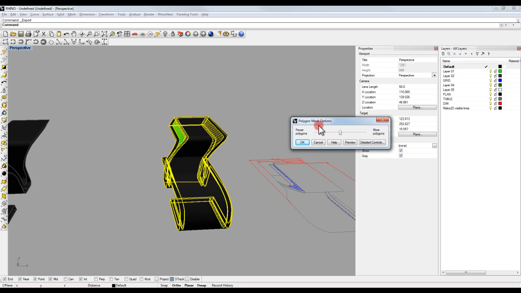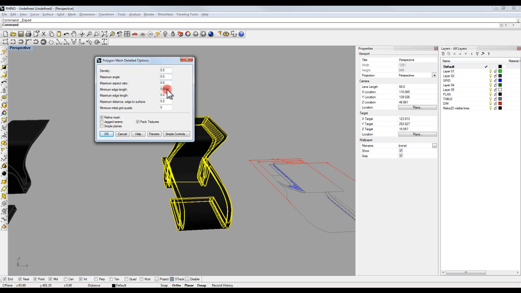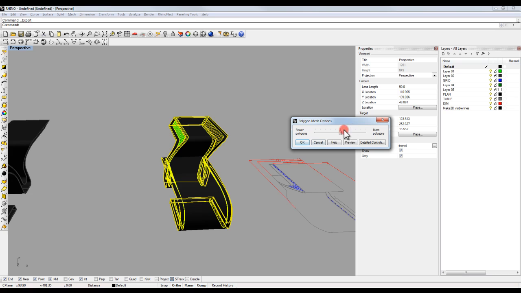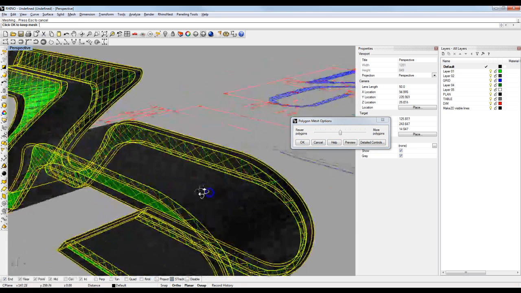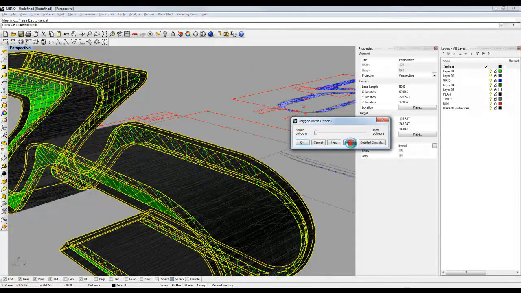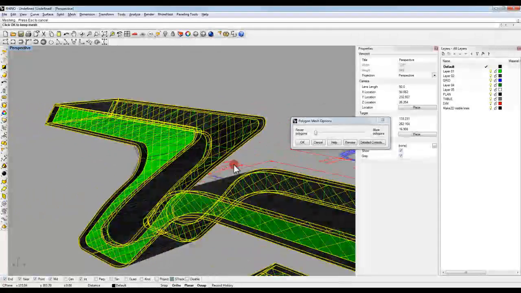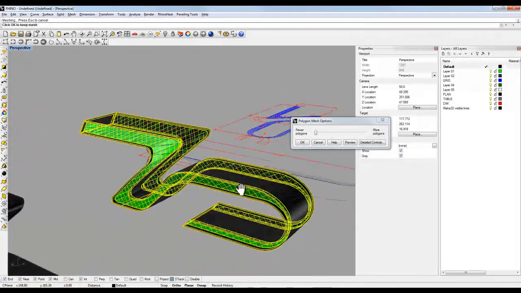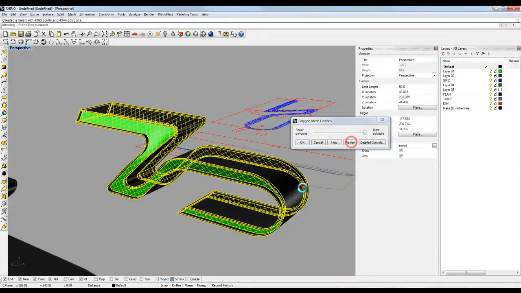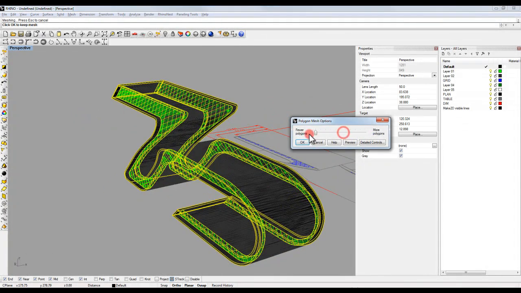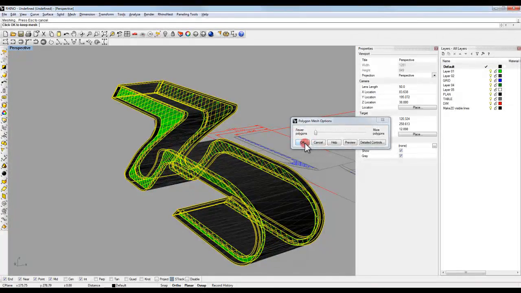And it's now asking me how much I want to mesh this. I could go into my detailed controls, give it very specific numbers on the density, the angle, all that kind of stuff, whether it's refining the mesh or not. I mean, really, you can kind of leave it on the simple controls. Just hit preview to see what's going on. It's fairly dense like that, and if I hit preview, it does a little bit less. Just to show you that you don't have to have something that is super dense like this. You can actually do it with fewer polygons. I'll export it like this, click OK,